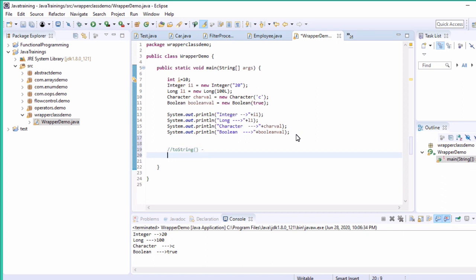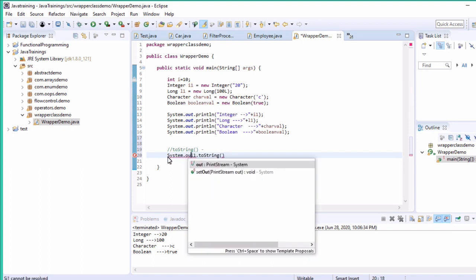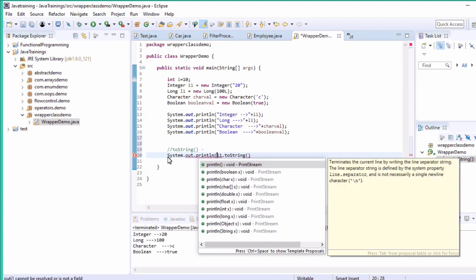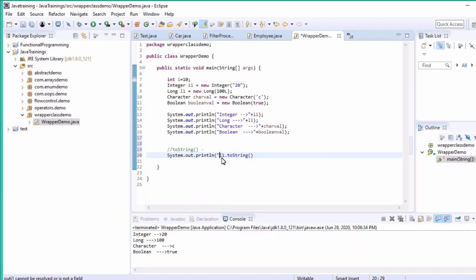Just try to do that one. Suppose you do I1.toString and try to print, it will print the value in the toString format, the string format. So I'm just trying to print the toString value here. You don't need to do it as part of System.out.println basically, but for your understanding I'm just doing it.